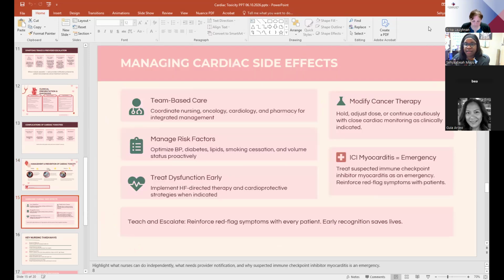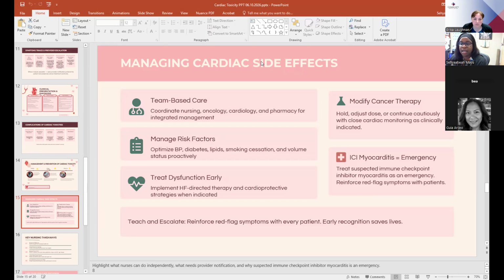Managing cardiac side effects, so team-based care, coordinating nursing, oncology, cardiology, and pharmacy for integrated management. Manage risk factors, so optimizing blood pressure, diabetes, lipids, smoking cessation, and volume status proactively. We're looking at treating dysfunctions early, so implement heart failure directed therapy and cardioprotective strategies. And we want to modify cancer therapy, so either again holding, adjusting, or continuing cautiously with close cardiac monitoring as